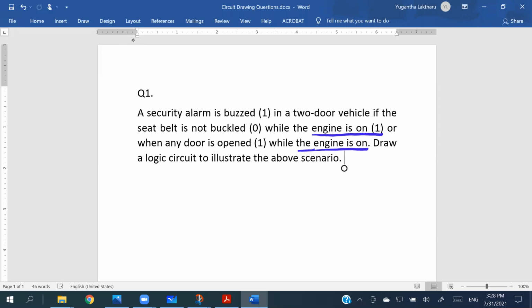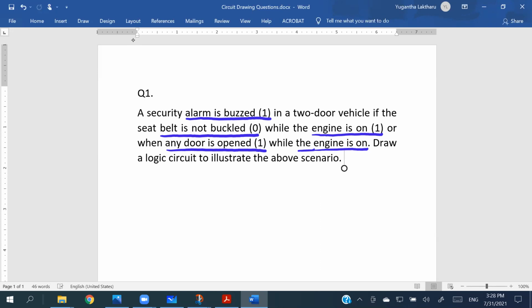Are you getting what I'm saying, people? So these are the places where we have to consider. This is the output. Alarm is buzzed, right? Scenarios: the seat belt is not buckled while the engine is on and any door is open while the engine is on,